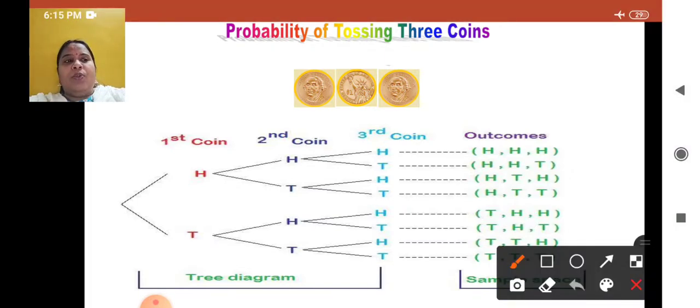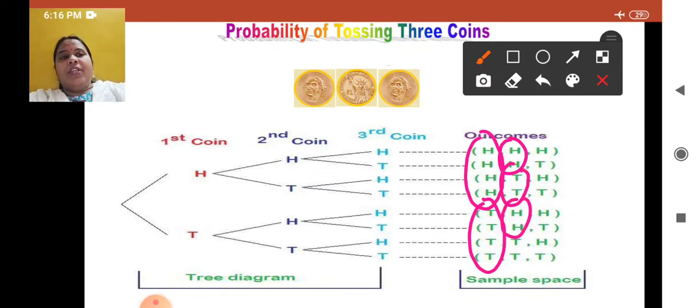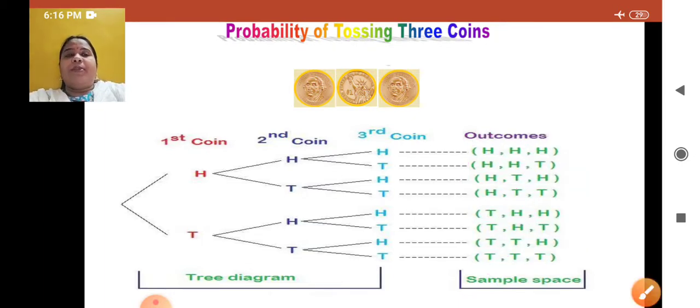There is one more method to remember it, a clue or a hint to remember. Anyway, you understand it horizontally by writing like this; vertically also you can understand it. See this way. If you want to write the sample space vertically, you can write 4 times H, then 4 times T. Yes, then on the second coin what you will write? HH 2 times, then TT. Follow the same pattern, HH and TT. On the third coin what you will write? HT, HT, HT and HT. See, there is a pattern which has been followed when you are writing the sample space vertically.